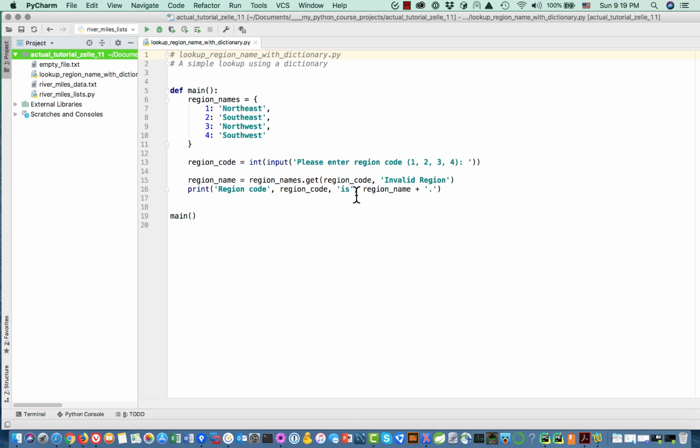And here's how we do the lookup. We say region name equals region names, that's the name of our dictionary, dot get. We're calling get, and we're passing 2 values. One is the region code. If it finds that region code as one of the key values, then it's going to return the value, the character string, and we're going to put that into region name. What if it's not found? What if it's less than 1 or greater than 4? Well, it's not going to be found, and it's going to get the default value, which is the invalid